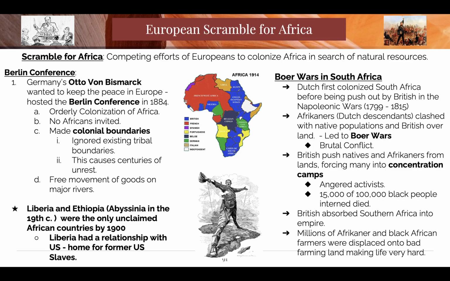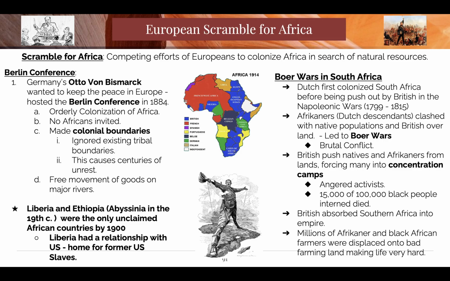Gold. So what do the British want? They want the gold. So they go up and tell the Afrikaners to move a second time. The Afrikaners are like, hell no. So the Afrikaners and the indigenous are going to fight together against the British. But ladies and gentlemen, who's going to win? The British. The British are going to win. What's going to happen? White on white killing.